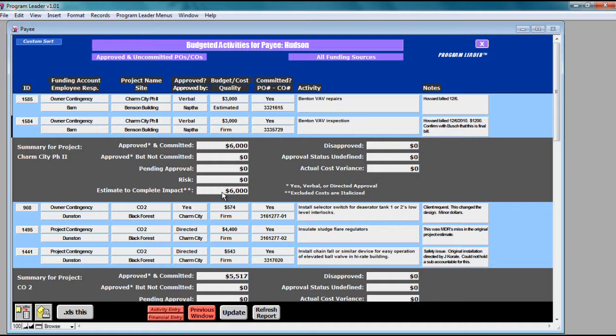So it says that you have $6,000 of change orders that you've approved that are expected to hit your project. Over to the right, I show how much you've not approved or disapproved, those that you really haven't decided what to do, and the actual cost variance, which is the difference between your committed cost and the budgeted costs, which